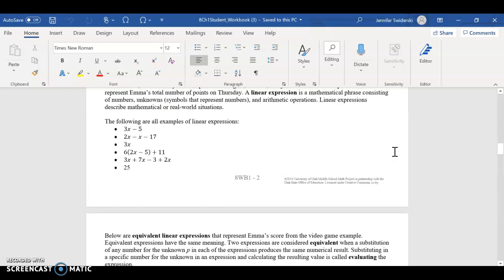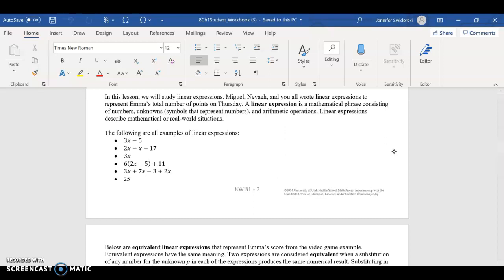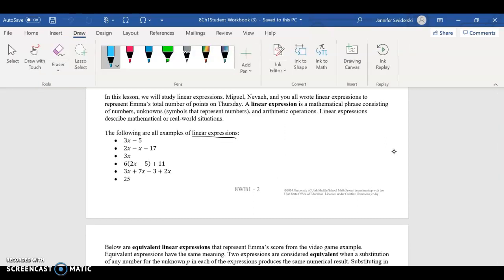So, an expression, if you look at the top of the page here, an expression or a linear expression could be any of these ideas right here. All right. So, in my mind, a linear expression is a mathematical phrase consisting of numbers, unknown symbols that represent numbers, those are called variables, and arithmetic operations. Linear expressions describe mathematical or real world situations. In other words, they have numbers,